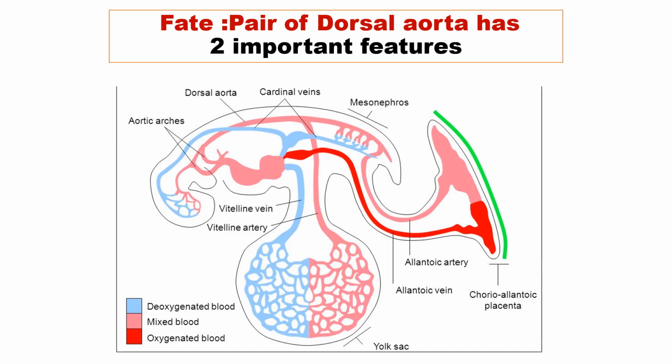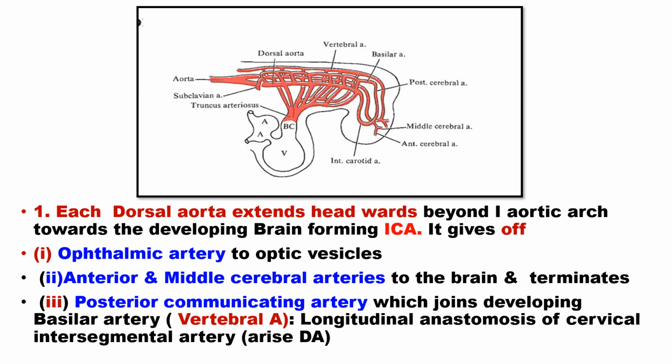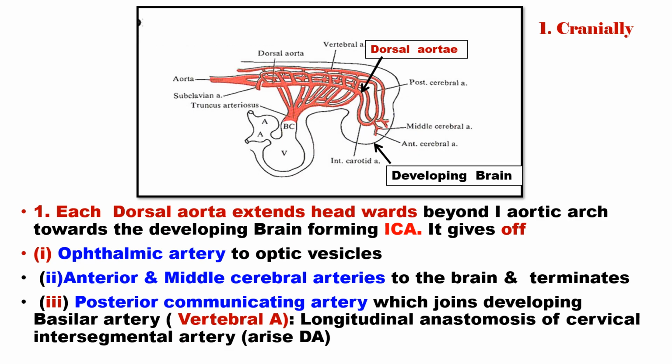It has two important features, cranially and caudally. Cranially, each dorsal aorta extends headwards beyond the first aortic arch arteries towards the developing brain, and it forms the cranial part of the internal carotid artery. This internal carotid artery gives off an ophthalmic artery, which supplies the developing optic vesicles, and the anterior cerebral and middle cerebral